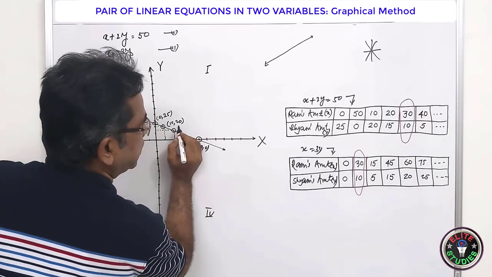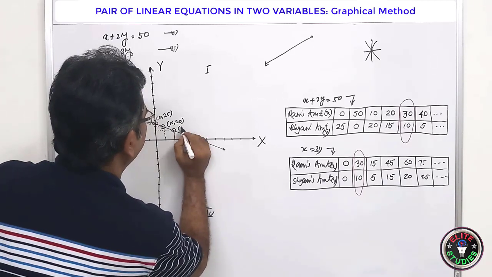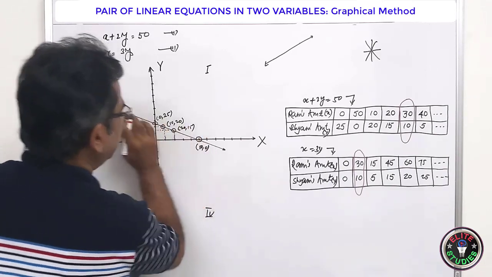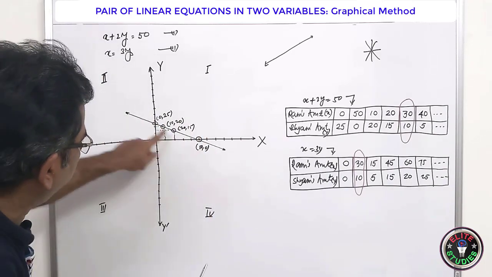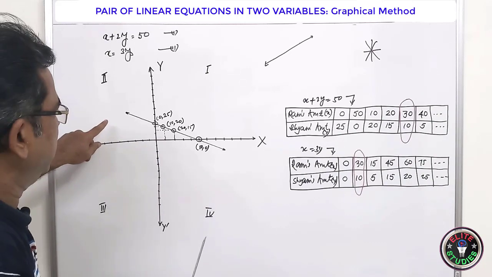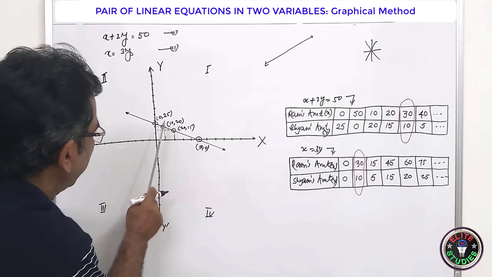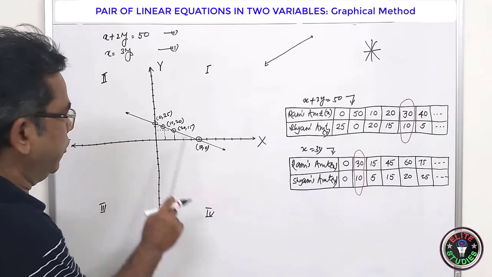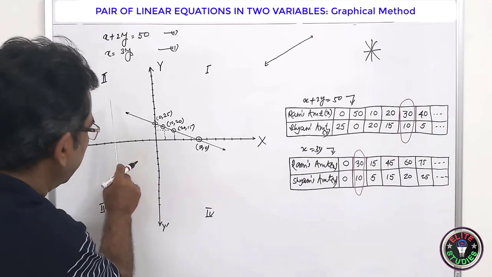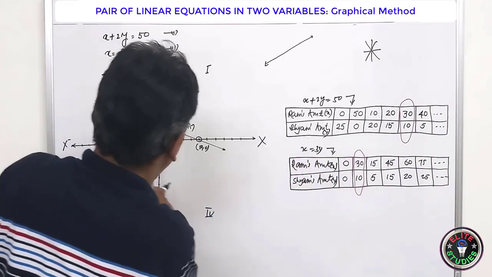So this is the point. X is equal to 20, and so it is sufficient. From here you can see all these points are lying on a straight line. So 2 points are enough, and one more we can take only for confirmation, whether the points are correct or not. So this shows that our plotting is correct.